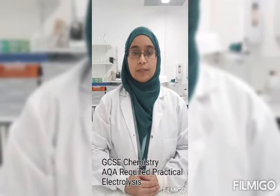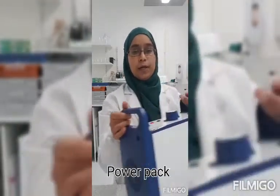AQA required practical is on electrolysis. You will find out what happens to an aqueous solution when electrolyzed with an inert electrode. What you will need for this practical are the following: a power pack,